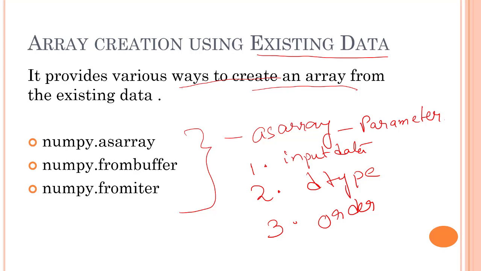As a syntax, it is numpy.asarray, then your input, which should be a or any variable, then the dtype, and then the order, which order you want to access it. So this is the first method for creating an array using our existing data. Now move to the